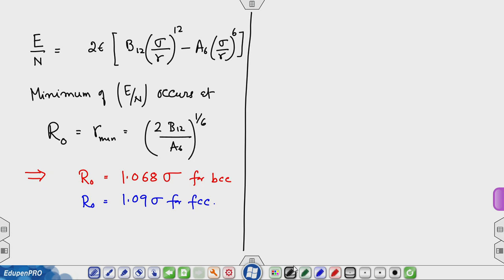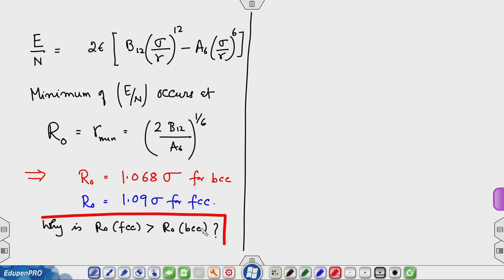Question here: why is r0 for FCC greater than r0 for BCC? Argue qualitatively. What feeling do you get? Why should r0 for FCC be larger? That means there is some more repulsion or whatever, right? So argue that. Okay. Once we have gotten that, then it is very easy to calculate that